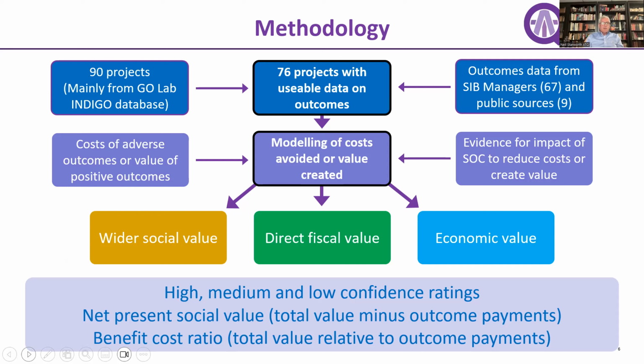I think the only thing I want to say about that is that there are two key sources there which are quite challenging to get right. One is the evidence for the impact of the SOC. Some of that's measured directly by the contracts, but others we're reliant on research to say that the effect of outcome A will be outcome B. And to give an example, which is a relatively straightforward one, a lot of those child and family welfare contracts are about using therapeutic interventions to avoid children going into local authority care. So the contracts will directly measure in one way or another how much care has been avoided by those children not going into care. So relatively quickly and easily, we can establish a direct fiscal value of that care being